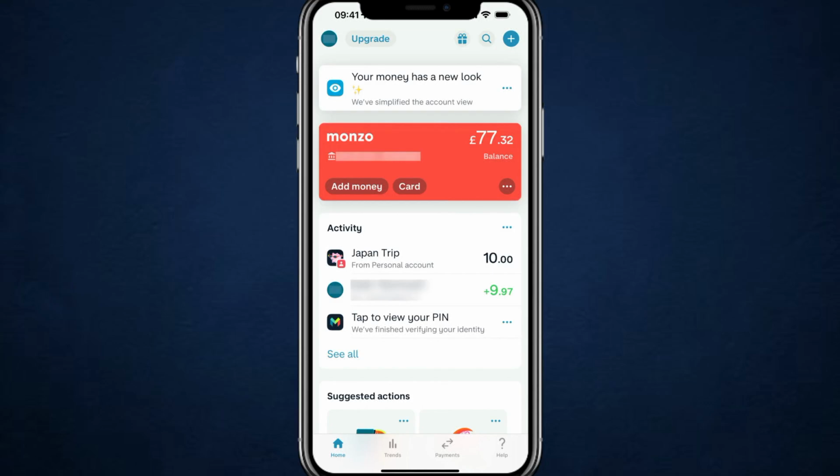In today's video, I'm going to teach you how to export and securely store your Monzo statements for offline backups. If you ever need quick access to your statements without an internet connection, or you want your own copy for tax time or audits, having an offline backup is a smart move. Monzo stores your data securely on its servers, but exporting your statements gives you that extra layer of control and